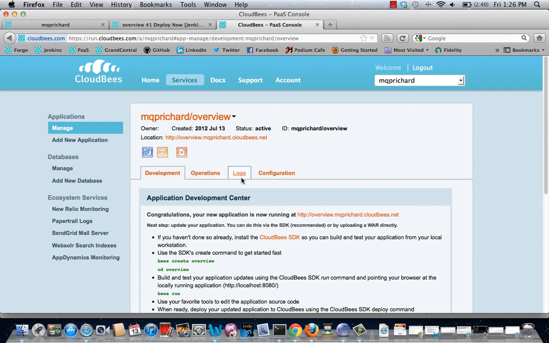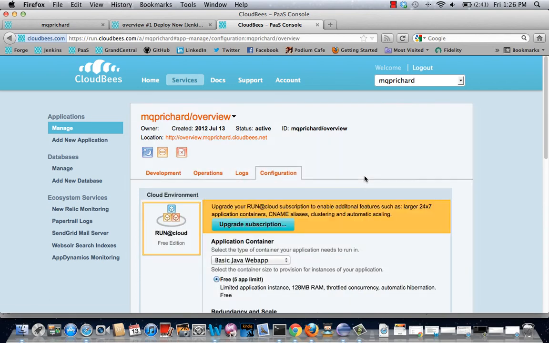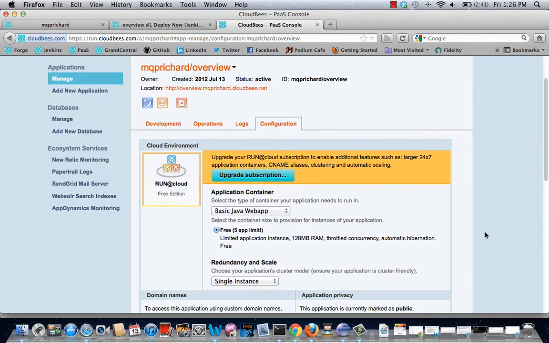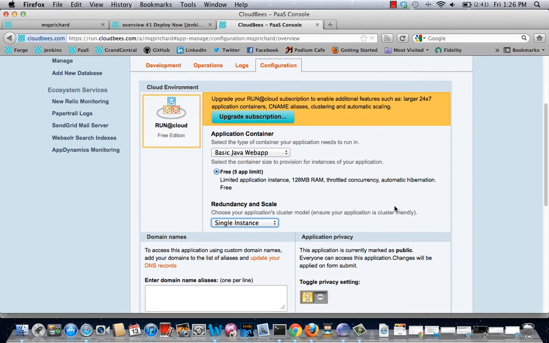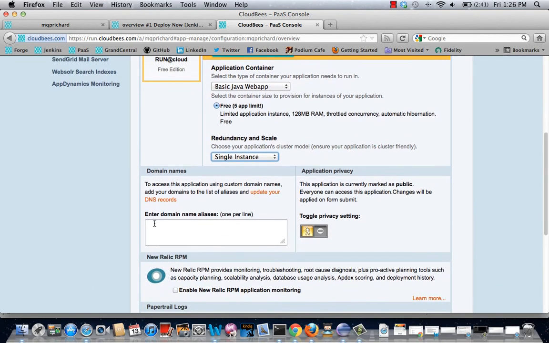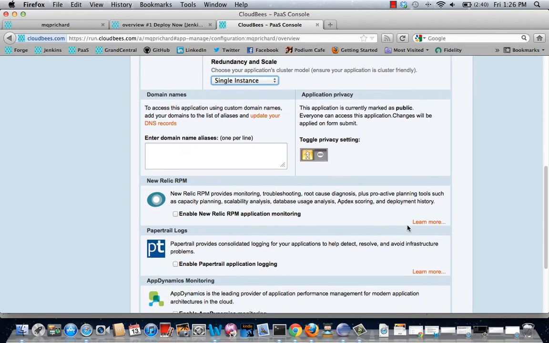I've got an operations console. Let's just quickly look at the configuration window. As just a developer, I can come in. I've got different profiles I can run, either a Java EE6 web profile, or a basic Java web app, which is what I'm using. I can run single instance or multiple instances if I need to test things like session replication, concurrency, and so on. I can associate my own domain names, my own DNS domain names, and I can also